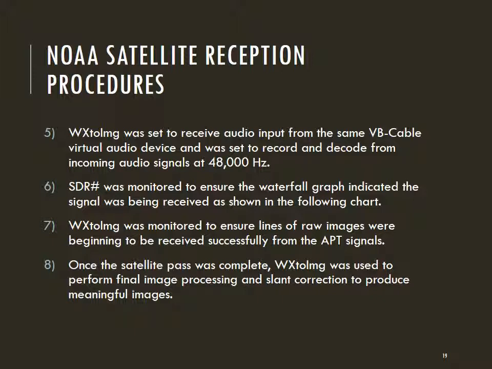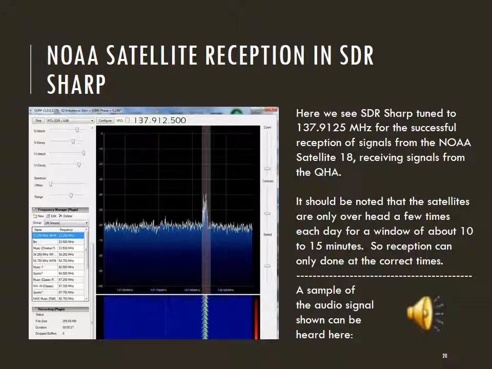Once the satellite pass was completed and the signal faded away over the horizon with the satellite, Weather to Image software was used to process and correct the image received. Here we can see a screen capture of the SDR Sharp software capturing satellite signals from the NOAA Satellite 18 on the